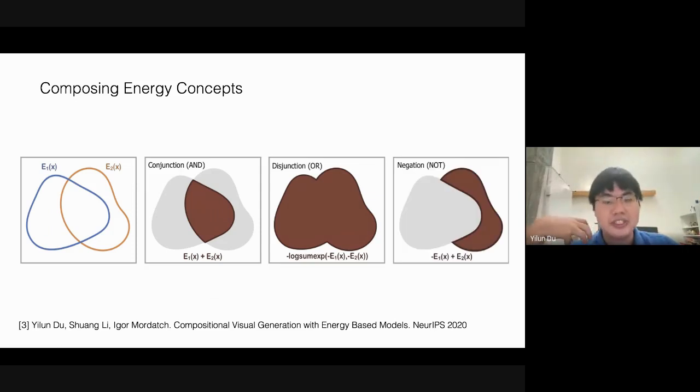Another thing you can do is try to generate images that have one factor but really do not have another factor. So what you can do is negate the first energy function and add it to the second energy function, and this will generate images that exhibit the factor in the second energy function while not having the one in the first one. So you would generate smiling faces that are not female, for example.